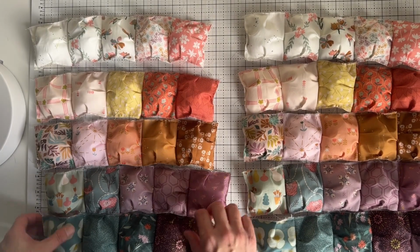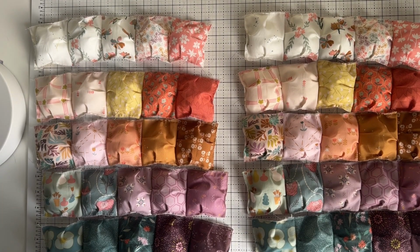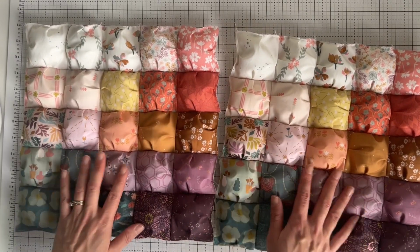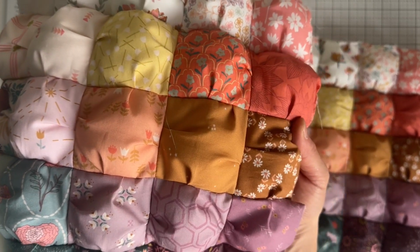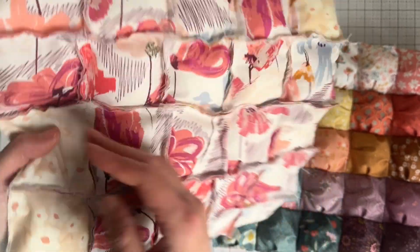And when I sew them together, I will sew them with a 1/4 inch seam, and that'll hide the less than 1/4 inch seam that I just sewed with, just to close up the puffs. So this is what it looks like as a panel, the front and the back. You don't see the seams anymore. They are all hidden from using that less than 1/4 inch seam, and those corners match up pretty well because